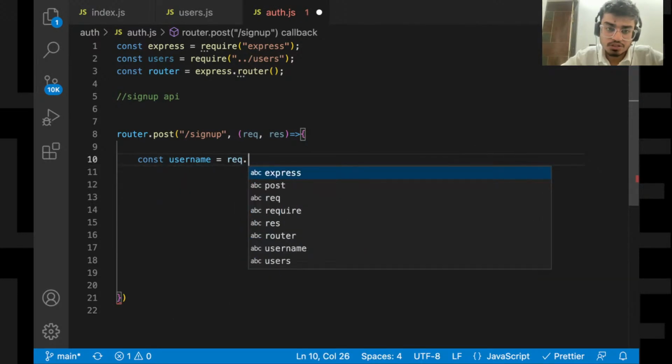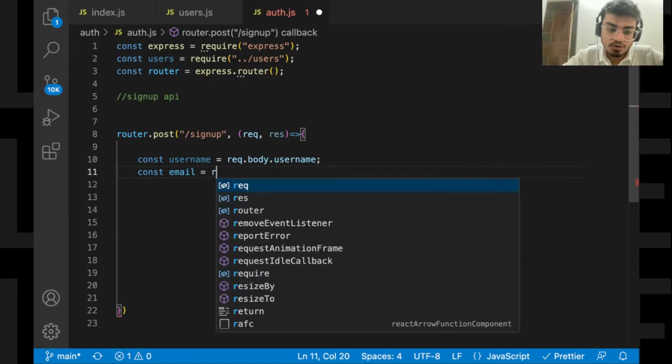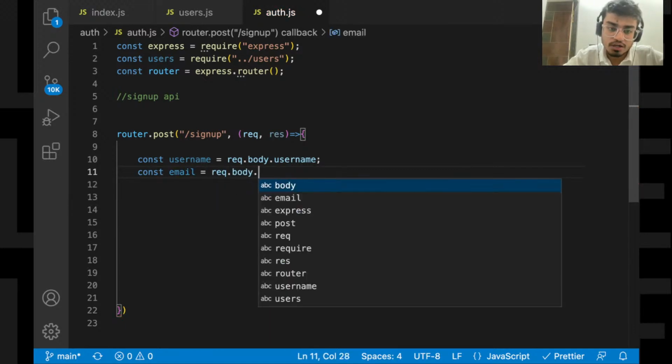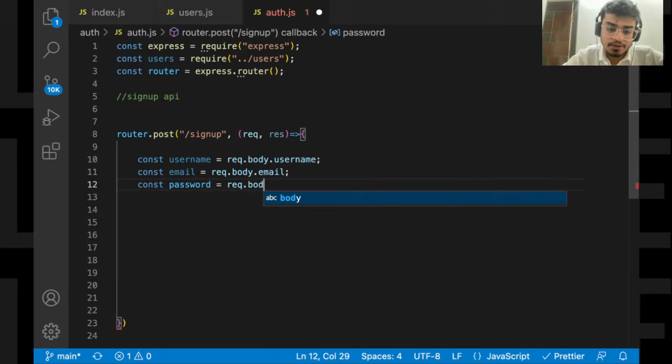So const username is equal to request dot body dot username. Const email is equal to request dot body dot email. Const password is equal to request dot body dot password.